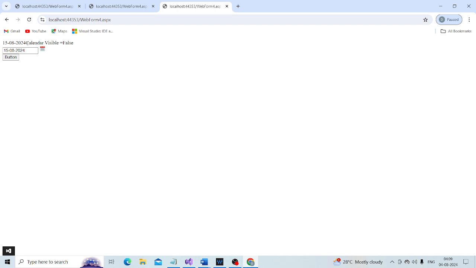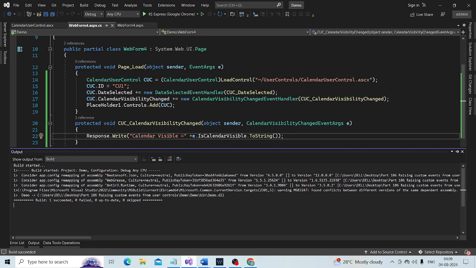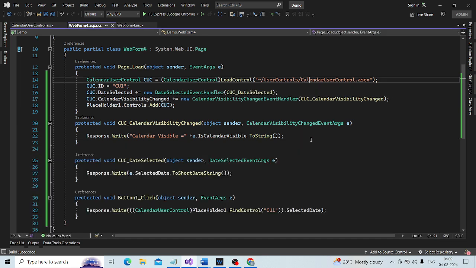Okay, so now again run this, but before that you need to put breakpoints at the required places.